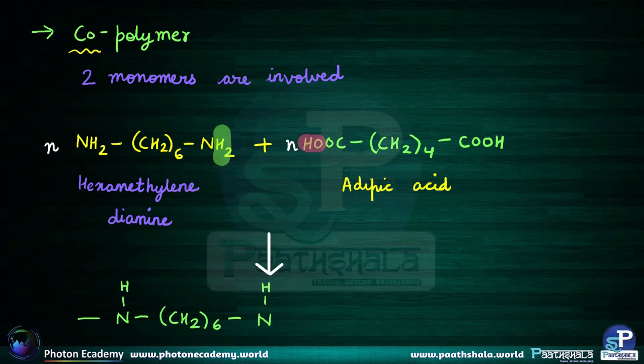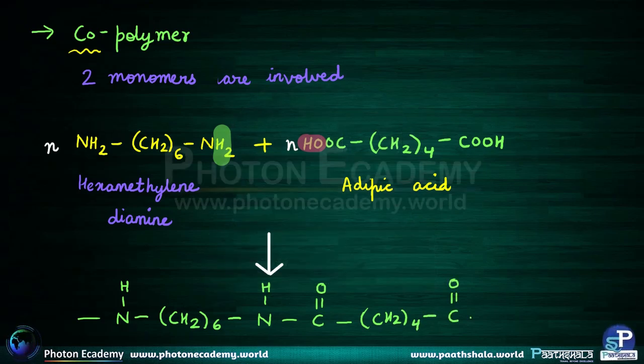Now one H is lost, and now this is connected to C double bond O. Okay, and now we move on. We have CH2, which is 4 in number, and again we have got C double bond O. Now, this is how the formation of polymer occurs, and we can see that OH over here and